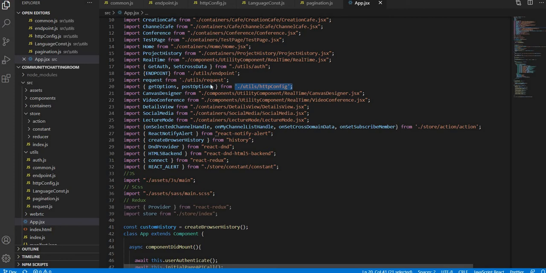Then, another one, import request, we are taking from util.request. And this endpoint also, endpoint means which URL we want to call. So this is the endpoint URL, and again we are importing from there.